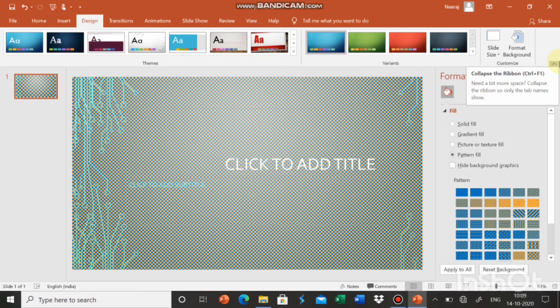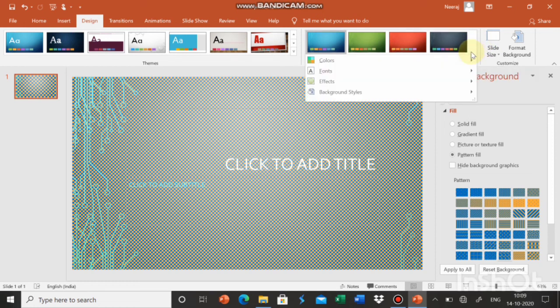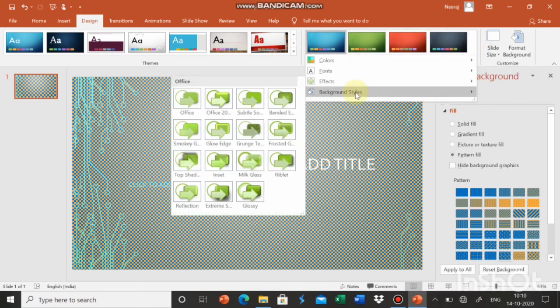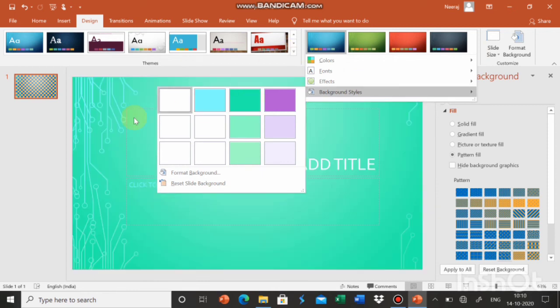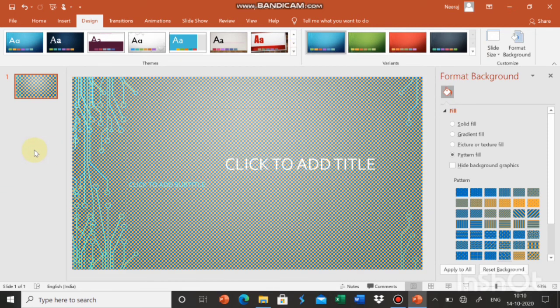You can find all the options in the old version as well. Just explore this ribbon very nicely if you can't find any option, and you can also ask me. The options like color, fonts and effects which are given in your book are available inside the variants group here. Color, fonts, effects and then background styles. So I hope you will not have any problem.